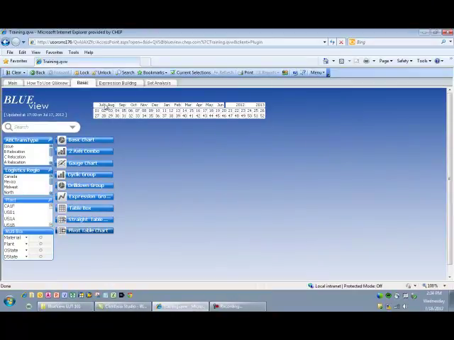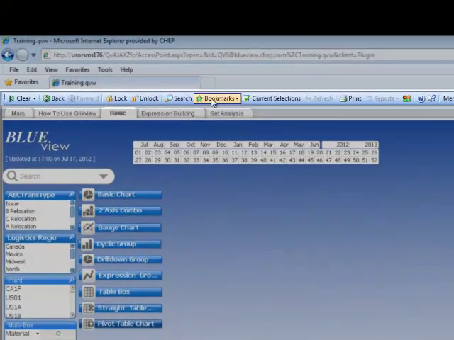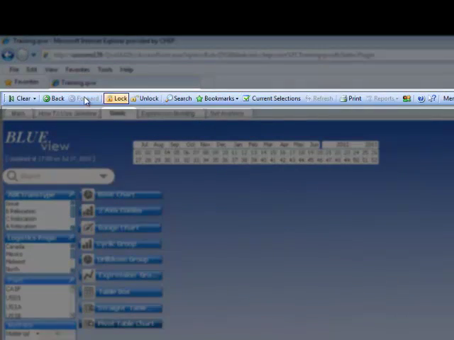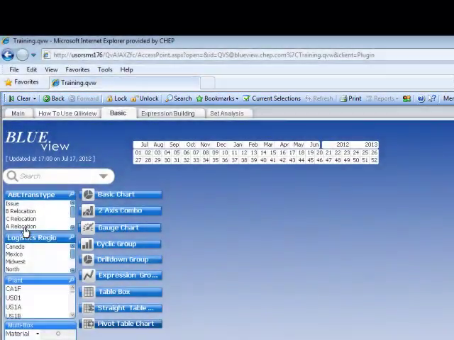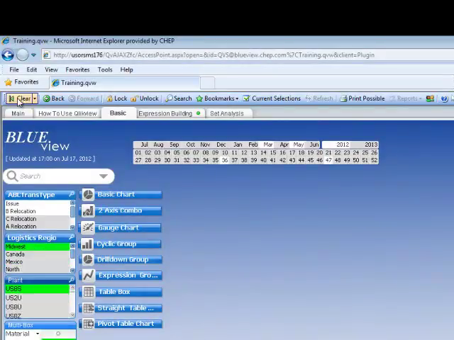Now let's go into the BlueView toolbar here in Internet Explorer. Across the top you have the Clear button, which clears out your selections. The Back and Forward button works kind of like the regular browser button, but only works for a selection. So if you press back, it'll go back to your previous selection. And if you hit forward, it'll go forward to the